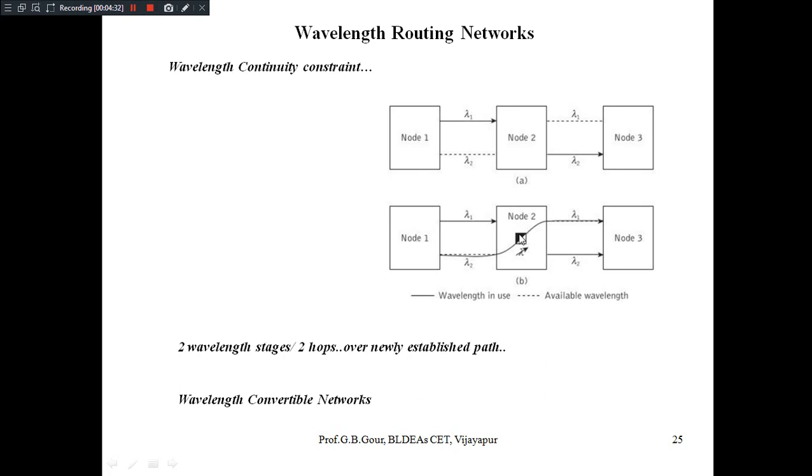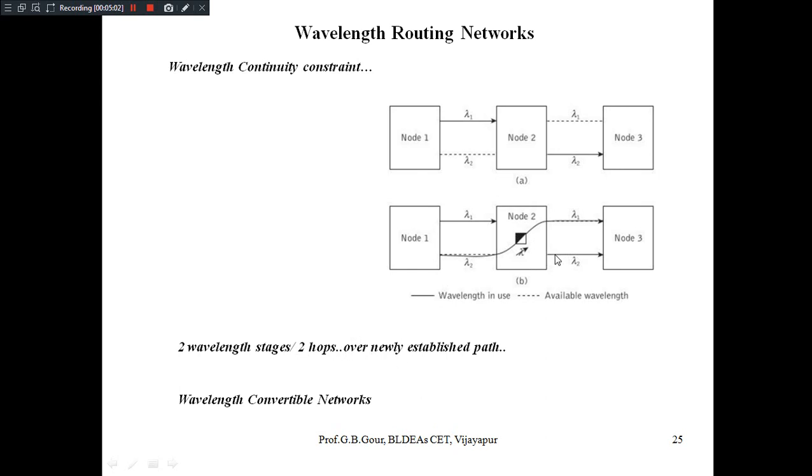There are two stages for lambda 1 to reach from node 1 to node 3. First, it reaches directly from node 1 to node 2 with the available path. The light path is then established by configuring the intermediate node 2 as a wavelength converter. That is the second stage, so two hops or two stages.